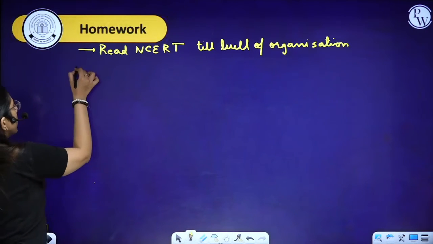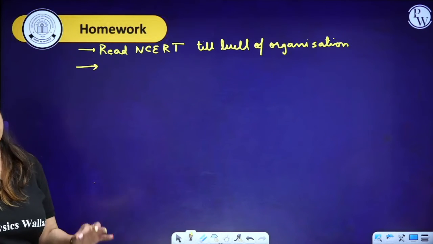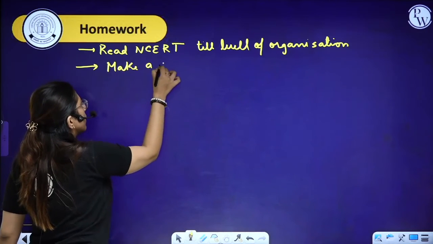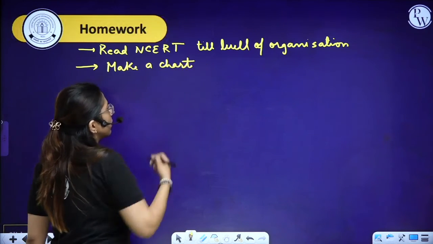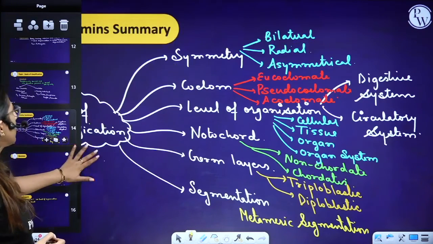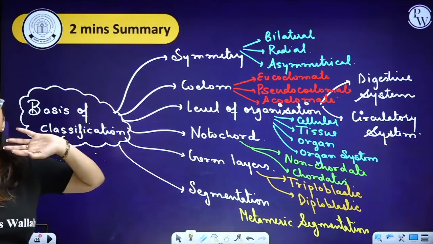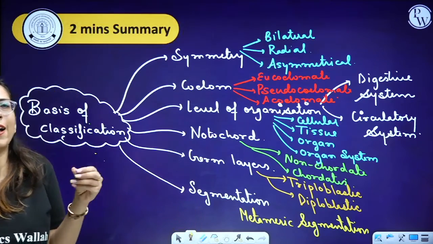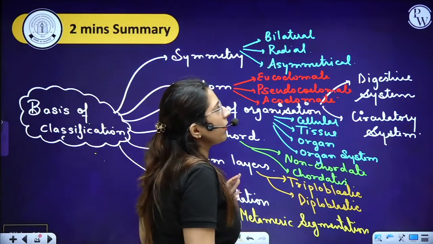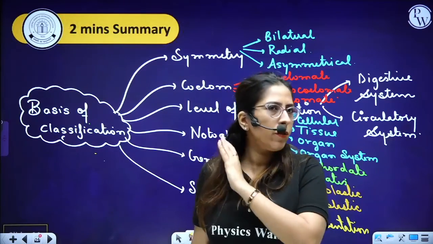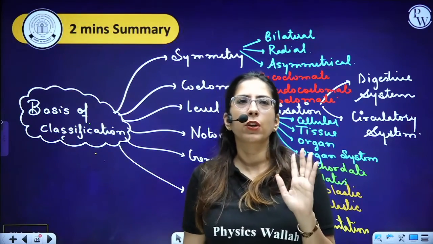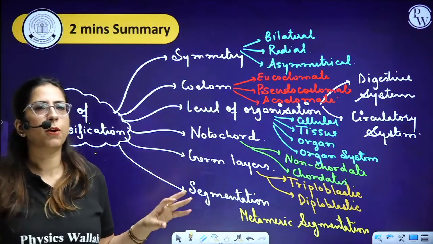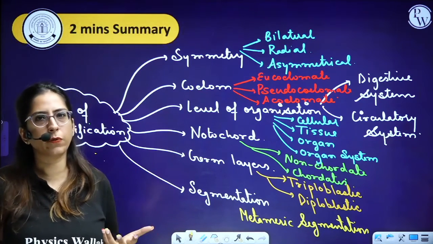Second very important thing is, you have to write down each of these examples. So what you have to do is make a chart. Make a chart, right? I made a chart like this. This is just a small chart where I haven't written the examples. So you have to complete this chart and write the examples also, like for bilateral, what are the examples, for radial, what are the examples. The examples I have given you are sufficient, or you can refer to your NCERT, right? The examples I have given you are the same as in the NCERT, so don't worry about it. I told you that we'll be focusing on NCERT, and this is what we are doing right now also.